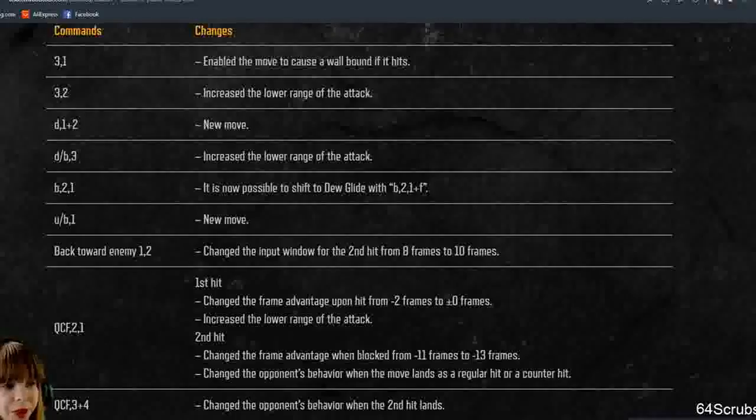3-2 increased the lower range of the attack. Now, they mean the second hit, which is a high. This won't really affect her poking, but it could improve her combos. There's a wall combo with 3-2 into Do Glide into wall standing 3, which is good for low wall splats. And these low wall splats happen very often with her forward 3 into Do Glide 1-2 Ender, which is her best wall carry option. And so this could mean that she would get a better wall combo after low wall splats. Currently, this combo works in Season 2 as well, 3-2 into Do Glide into wall standing 3, but it's